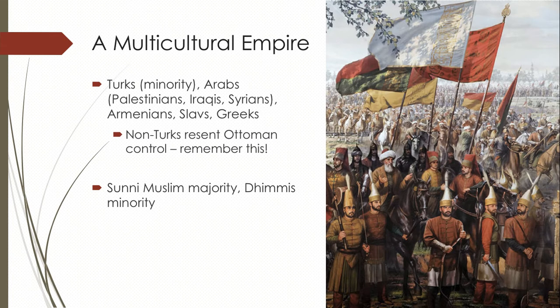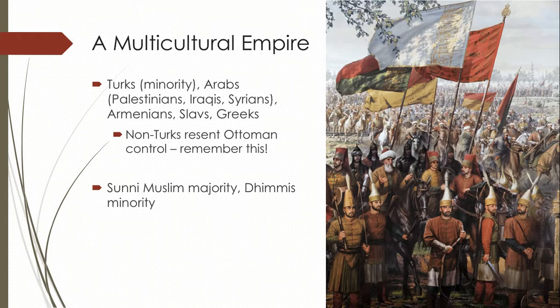the Ottoman Empire. So non-Turks, the vast majority of their population, actually resent the Turks as time progresses, where leadership starts to get less in quality, higher taxes are charged upon the population. But eventually the non-Turks will come to resent Ottoman Turkish control, seeing them as a minority population controlling the majority non-Turkic peoples. But in the meantime, all right, for most of the early modern era, the population of this multicultural